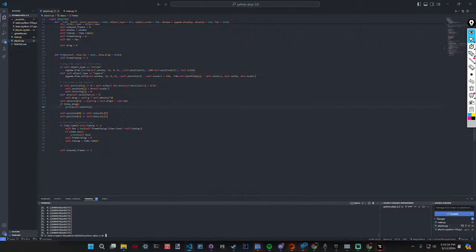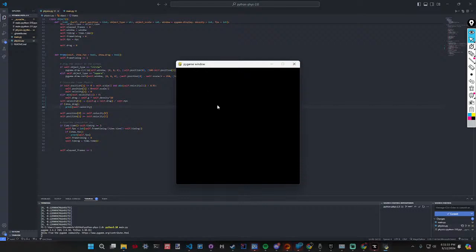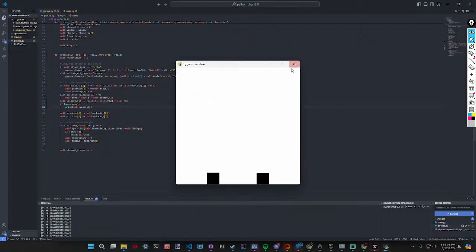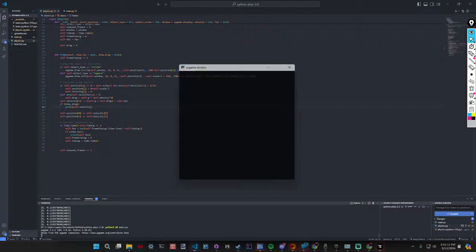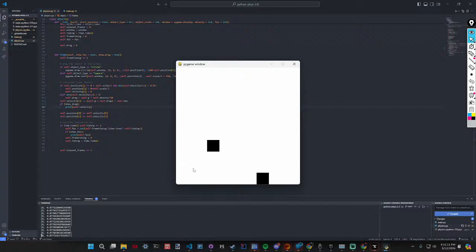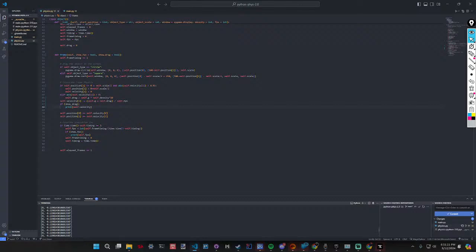So maybe, wait, let's see, how many frames does that happen over? So if we look at this object, it still seems to snap. And I don't know why that is. So if we scroll up through this, actually, wait, let's stop the execution of this program. See if this gets up to anything.